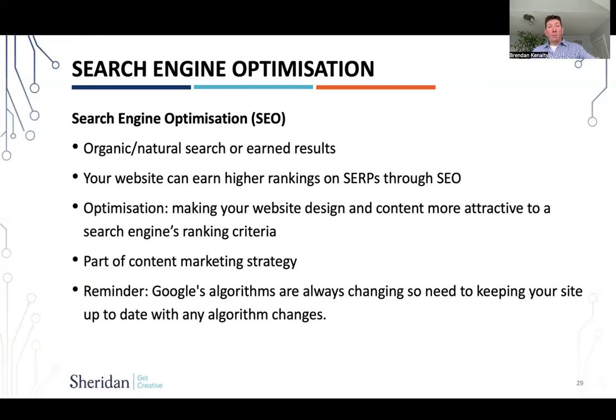One of the points here that's really important that we're going to talk about, first of all, is optimizing your website design and content to be more attractive to the search engine's ranking criteria. So we're going to talk about that. And then really, have a content strategy that is aligned with what your audience is looking for. This is why we've done all that work on the strategy and the persona, and you'll see where that comes into play when you start designing content, keywords and ads to appeal to the persona of your target market.